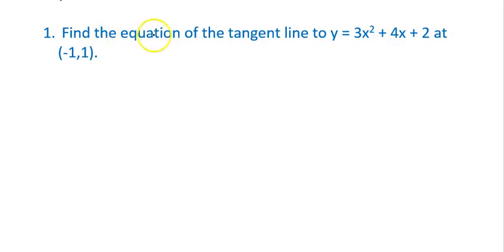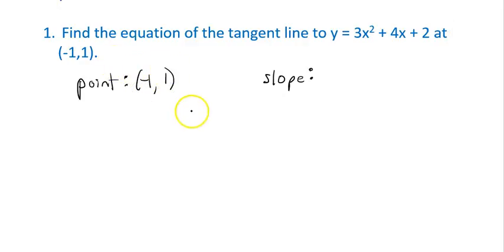Okay, for our first example, we're going to find the equation of a tangent line to y equals 3x squared plus 4x plus 2 at (negative 1, 1). So we need the point and we need the slope. This one's pretty nice. They gave us the entire point. We don't have to do any work for it. The slope we find by taking the derivative. So I'm going to get 6x plus 4